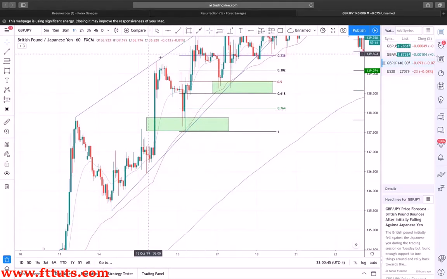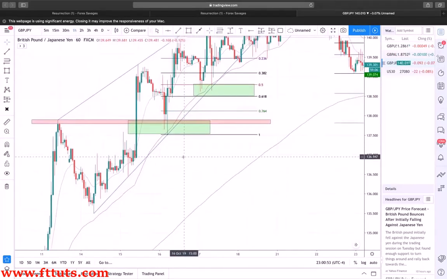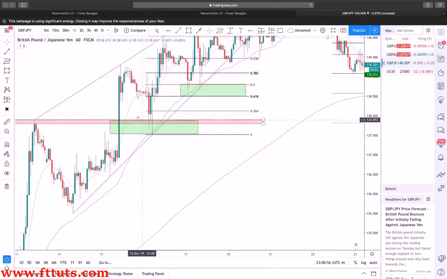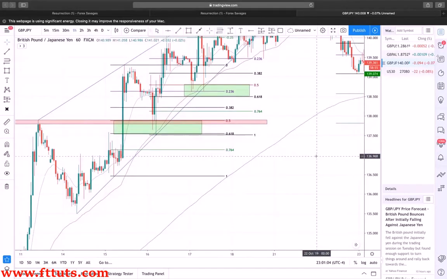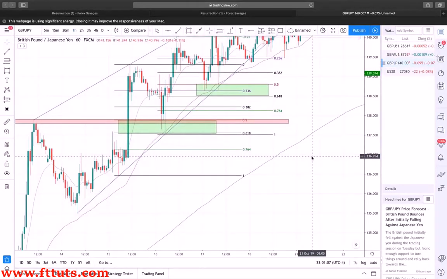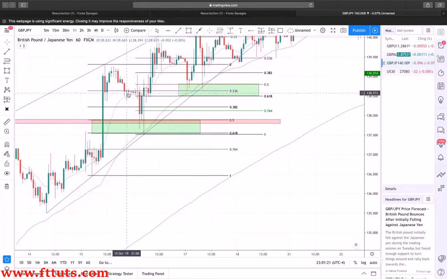So right here we have a form of resistance. Let's put that red. Our trend line, our Fibonacci long, look at this. These are 3 confluences right here, all in one. This being our resistance, which was rejected. We tried to break through, we couldn't, but we officially made this resistance our support because we broke through right here, came back to retest it,